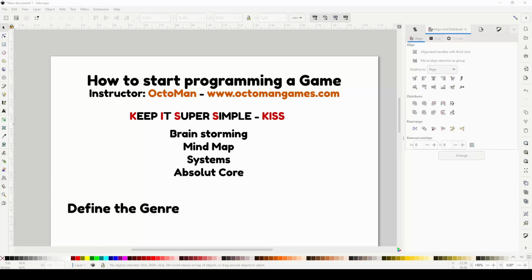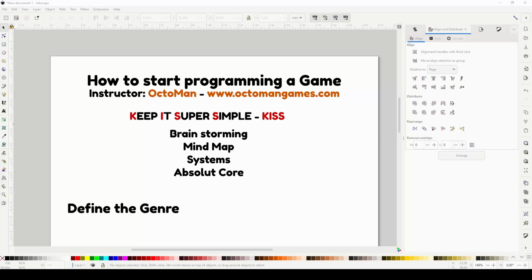We are starting with an idea. You're going to see this already on screen. We are going to start with the genre, for example, of a game, and we are going to talk about this. I may or may not take some notes over here, and we are going to go over